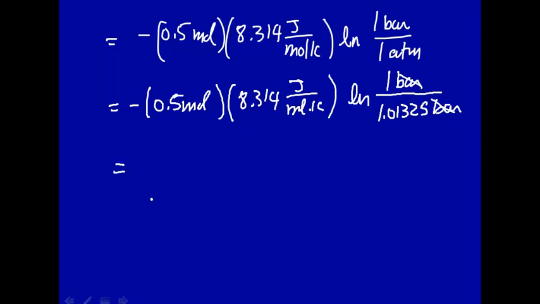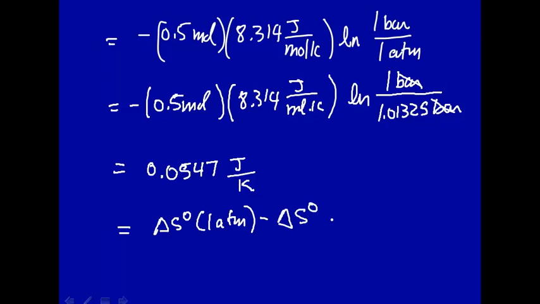We put all this into our calculator and we get 0.0547 joule per Kelvin. Note that this number is less than 1, so the logarithm will be negative, which will cancel out the minus sign. And what was this for? This was the standard entropy change when we used 1 atmosphere minus the standard entropy change when we used 1 bar. So this shows that depending upon what you define as the standard state, you'll get a different number. If they were the same, you'd get 0, but in fact it's a small number, but nonetheless significant. So if you are working in research and you publish some enthalpy or entropy or some thermodynamic quantity to standard state, make sure you always specify what the